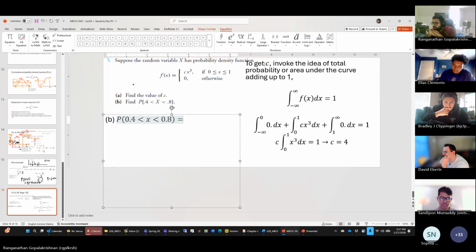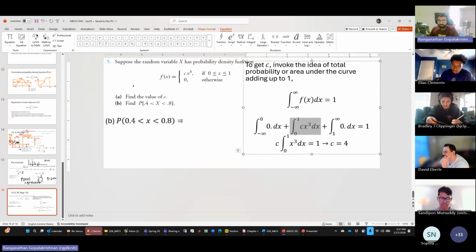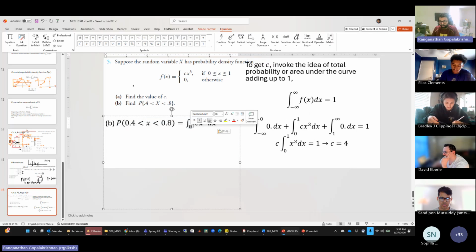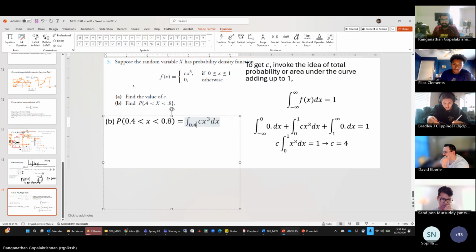Yes, you know this, come on. Would we do an integral from 0.4 to 0.8 for f of x dx? Absolutely, thank you. So we would just take an integral from 0.4 to 0.8 of f of x dx, I'll write that,